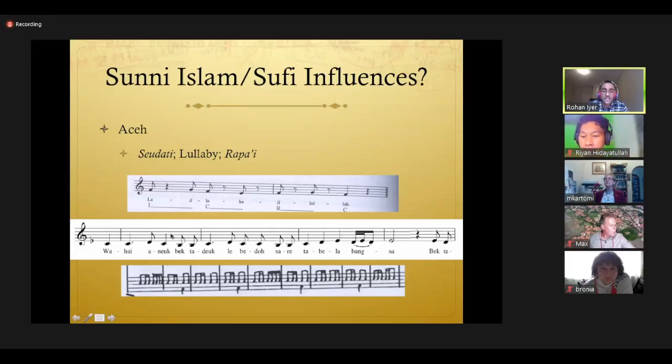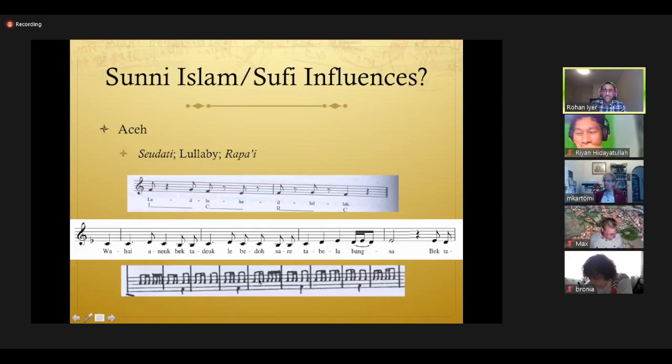And you also see this in Kartomi's transcription of a lullaby from Aceh, in the first and to some extent the second bars. This lullaby features lyrics that praise Allah. So there might be a rhythmic and religious connection here, as both of these examples incorporate a praise text, and feature motif C in Tari Radat.